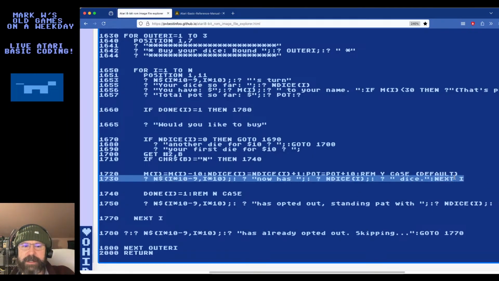So next I, let's try to follow the program logic how I think it should work. Next I, it would go back up here, back up here. But because there were no more iterations of this loop, or is that true? Yeah, no more iterations because we were already at N. It should go down after this loop, which would be all the way down here.